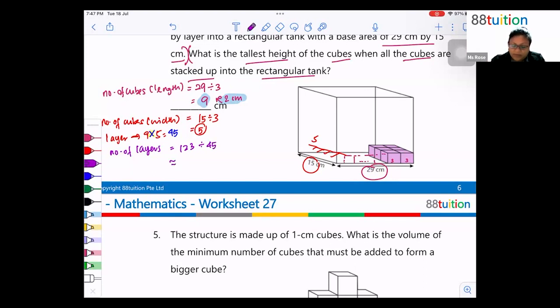Do I divide? How many layers do I get? 2 layers, remainder 33. That means 2 layers of 45 cubes that I can